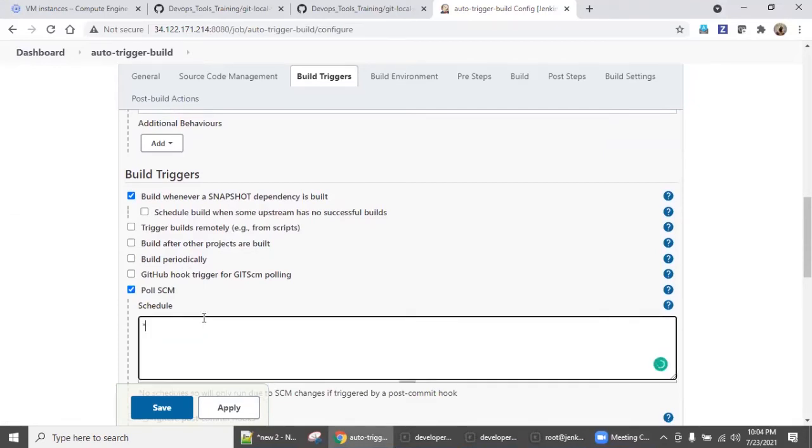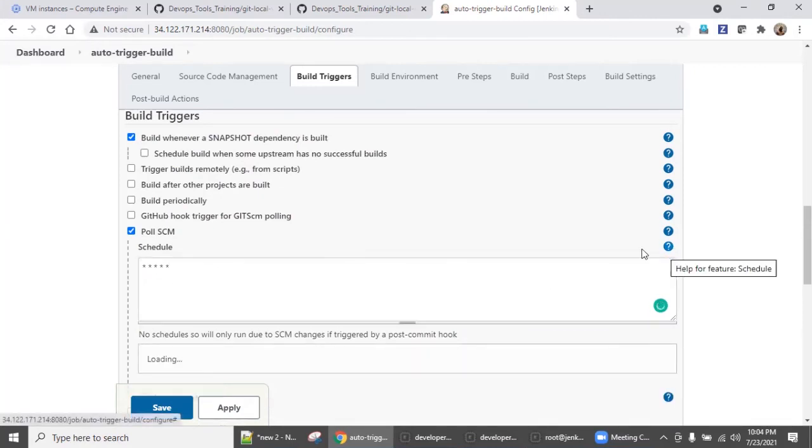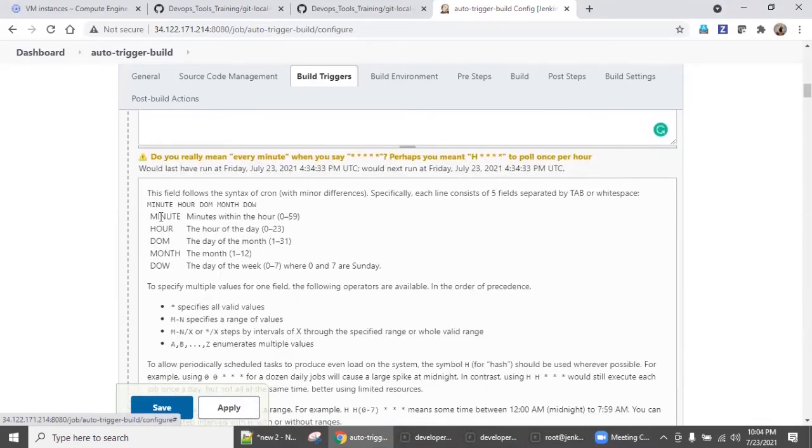As I said, star space, star space, star space, star space, star. If you keep getting confused about what this star means, you simply click. It's a cron job. So the first star is what minute you want to trigger this, then the hour, the day of the month, the month you want to trigger this, and the day of the week.